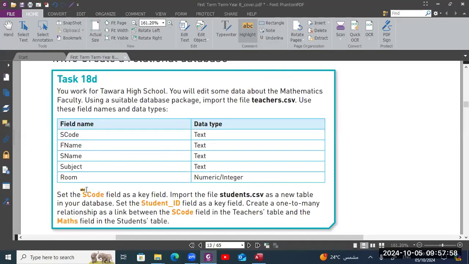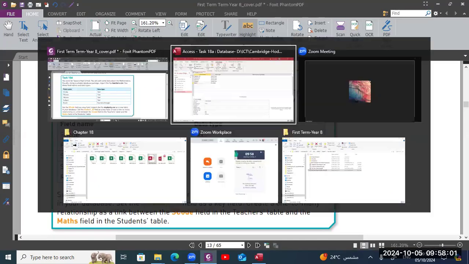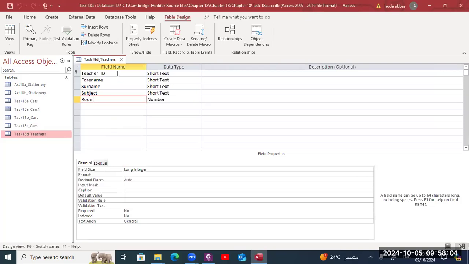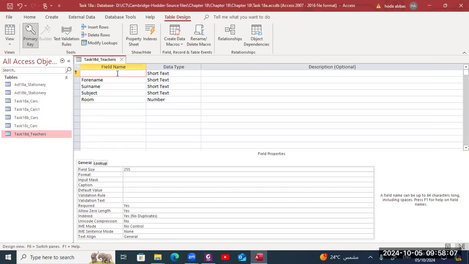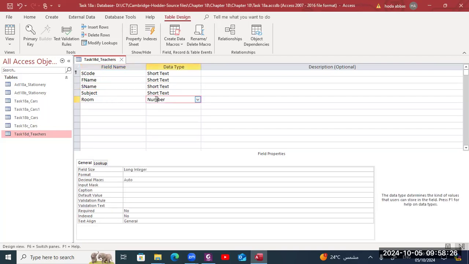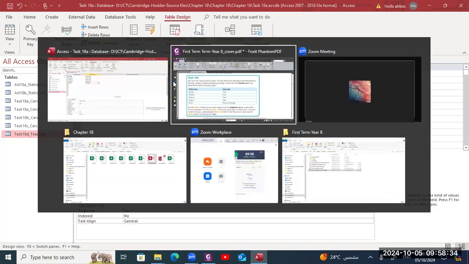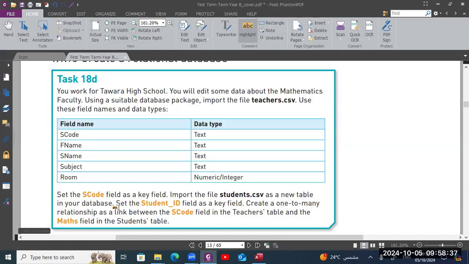Then he needs to change, of course, the teacher ID to SCode. And then FName. And then Name, subject, and this is the number, long integer. All of the previous fields' data type is short text. Okay. And then he asked us to